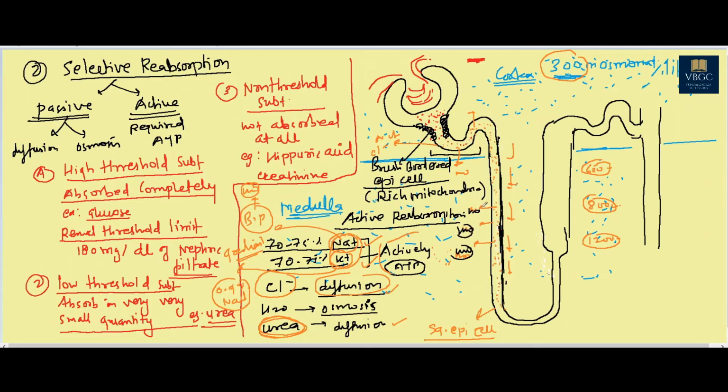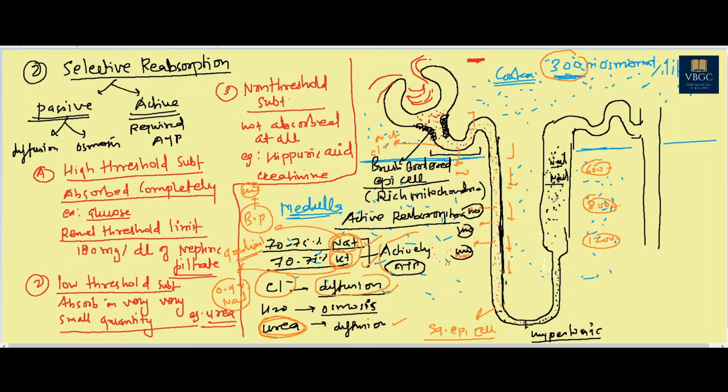Now after absorption of water, the nephric filtrate is going to be hypertonic. Such a hypertonic filtrate is moving through the ascending limb of the loop of Henle. So you can see that this area has less water and more solute. It is filled with sodium chloride, sodium chloride, sodium chloride. Too much sodium chloride is here.